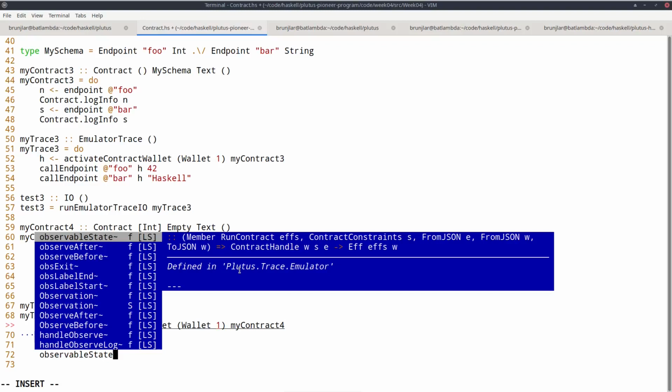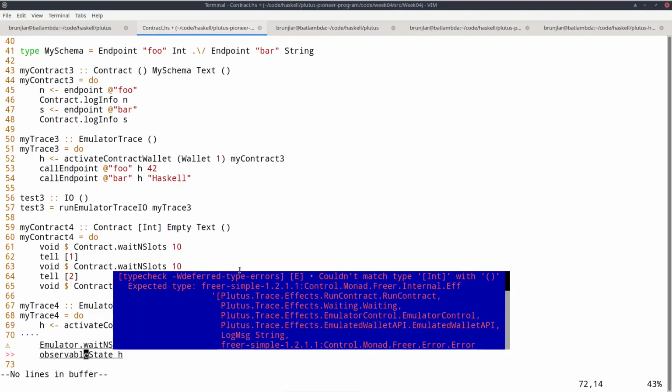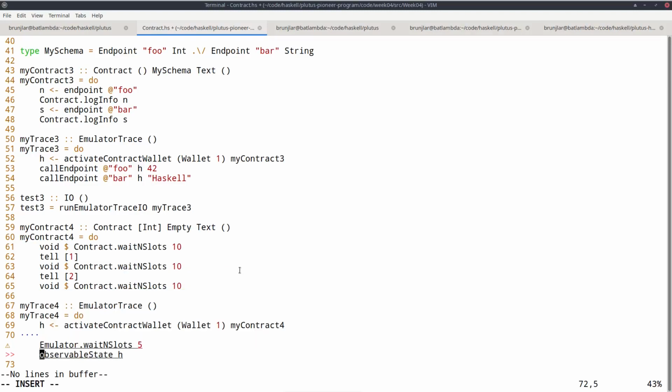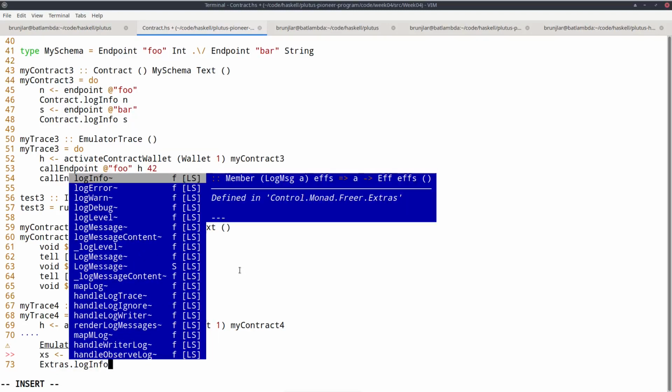And as argument, it just takes a handle, which we called h. And the result will be the state at that time. Let's call that xs. And let's log that from the trace monad.